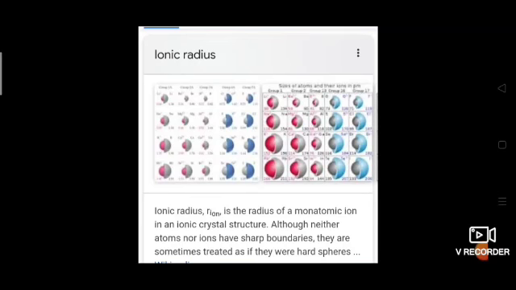So what happened to the atomic radius if you move across the period? In a period, all the elements have same number of shells. So how does it vary? Atomic radius of the element or atomic size of the element decreases as we move from left to right. Correct? Why? Because of increasing nuclear charge. Because of increasing nuclear charge, the size of the atom decreases as we move from left to right.